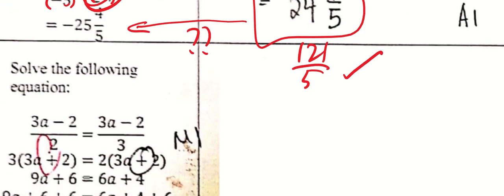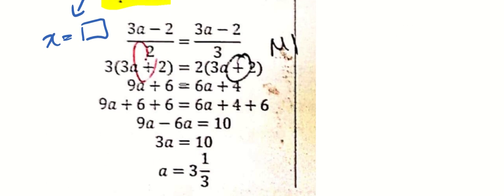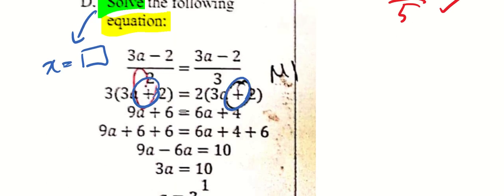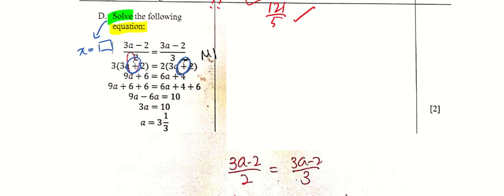Moving on. Again, solve the following equation. The prompt here is to solve, which means at the end of the day, you should get x equals to something, which is what they have over here. Just that there's a careless mistake of copying over the signs. It was supposed to be a minus in between, but the person copied over a wrong sign, which is pretty common. So this is the only question with two so-called mistakes, but they're actually the same mistake. Okay, so the working is as below.